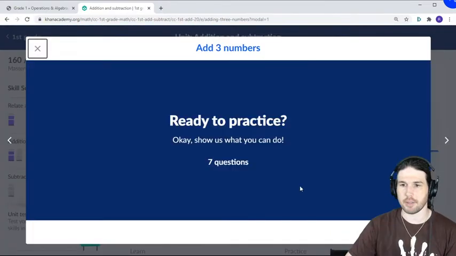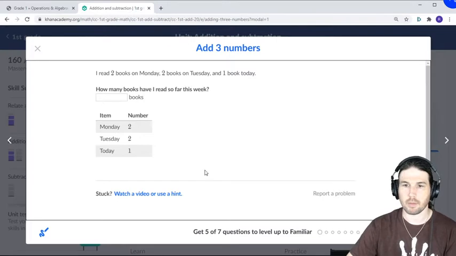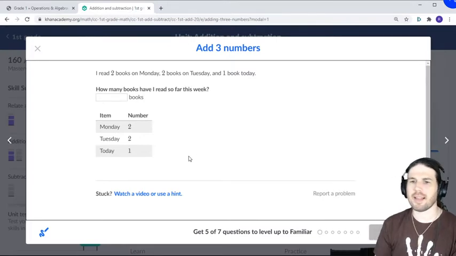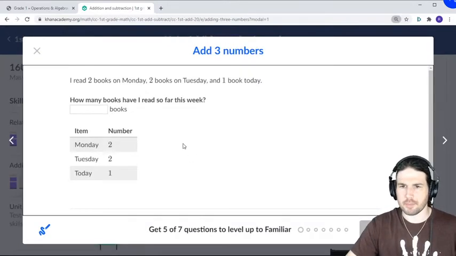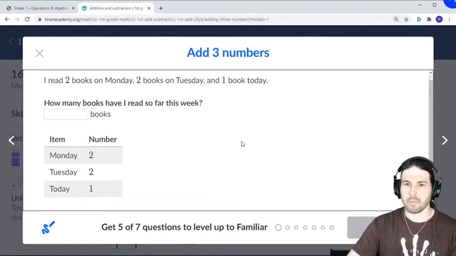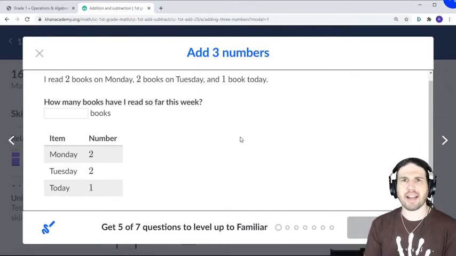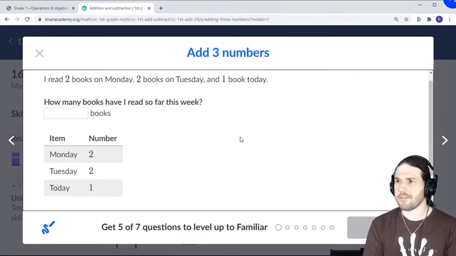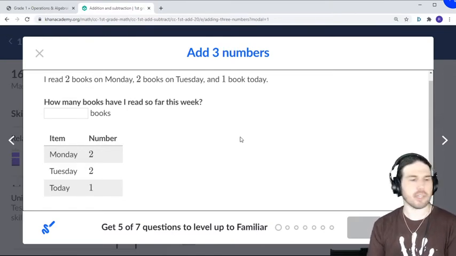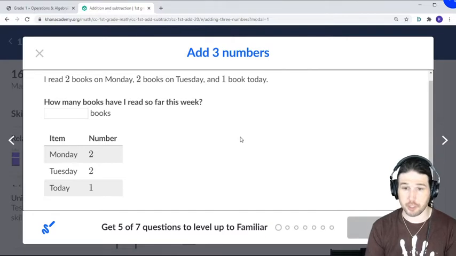Add 3 numbers. So, when adding 3 numbers, this is actually in one of my earlier videos on my YouTube channel. The thing about adding three numbers is if you don't know how to do it, you're stuck, right? I only know how to add two numbers. I could do 2 plus 2, I could do 2 plus 1, but I don't know how to add all